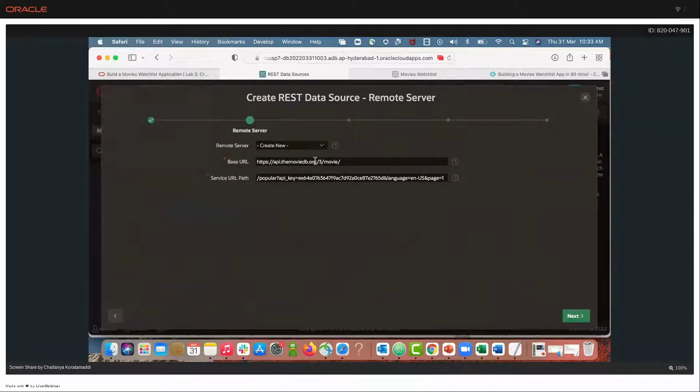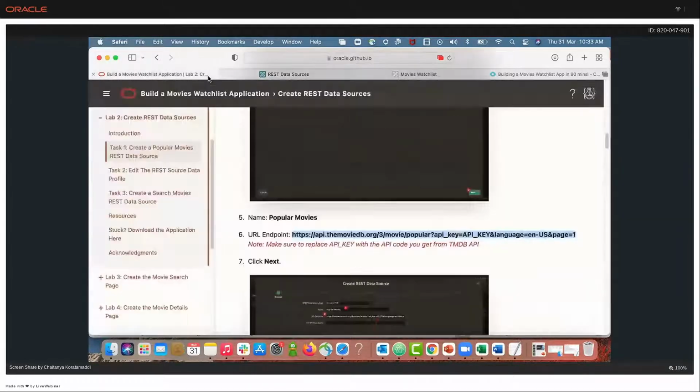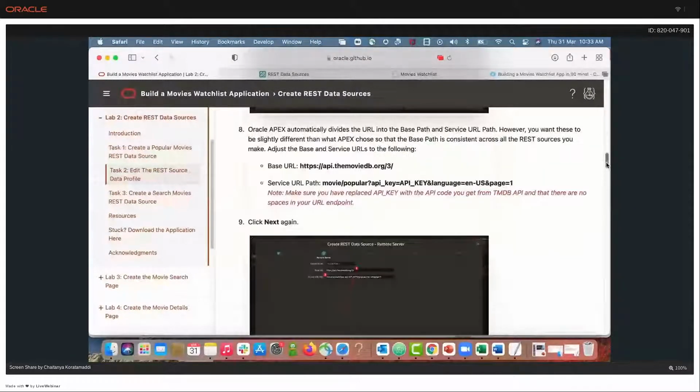You need to make a couple of changes to this base URL and service URL path. While this works completely fine, we want to make sure that there is some consistency. So let's see what kind of changes we're going to do. You notice that APEX automatically divides the URL into base path and service URL path. We'll slightly change what APEX has suggested so that it's consistent across all the REST data sources you're going to create today. So the base URL, let's cut it until here,